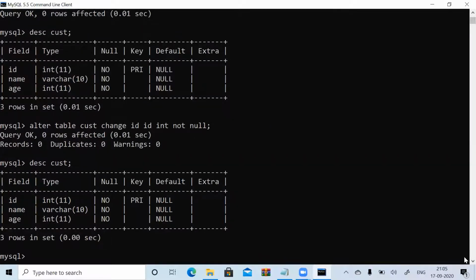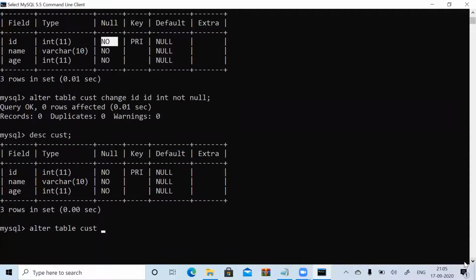So can we drop our primary key? First of all, yes, drop it. Alter table name. So what do you need to drop? Alter table name cust. Yeah, it's not null only, dear. I have confused people, right? Though you have given your primary key, this is your primary key only, right? So I have stuck somewhere.